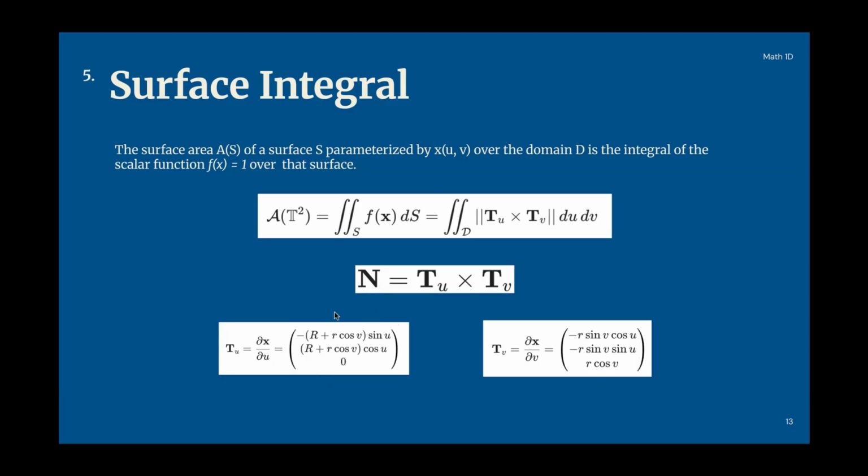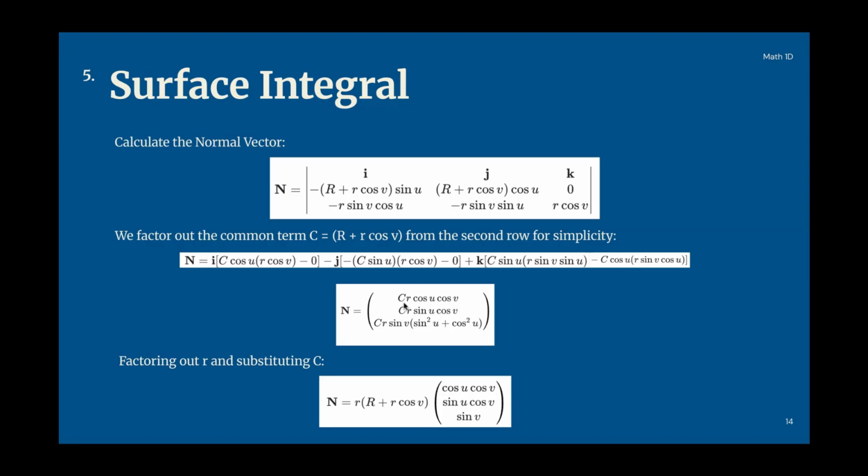This is the part where I said earlier I'm going to explain how to find n. Here we go. So n is the normal vector. n is the cross product of these two vectors, right? So we just need to do this calculation here, and we can do it by factoring out the common term